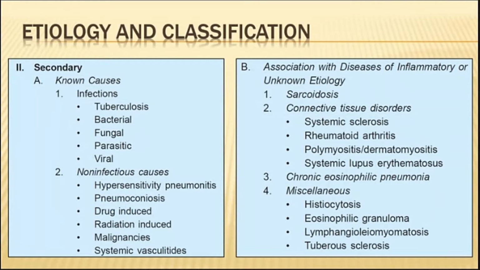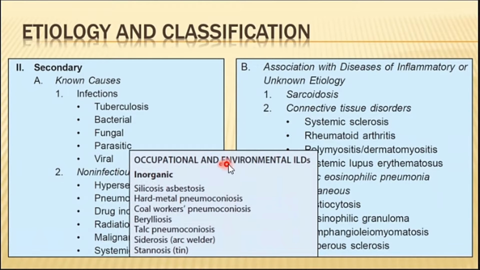Then another important heading which is not mentioned here but deserves mention is your occupational and environmental ILDs. They include your silicosis, your asbestosis, most commonly seen in coal workers and those working in shipyards, hard metal pneumoconiosis, coal workers' pneumoconiosis, berylliosis, talc pneumoconiosis, siderosis or arc welder's lung, stannosis or tin lung. So all these are basically secondary